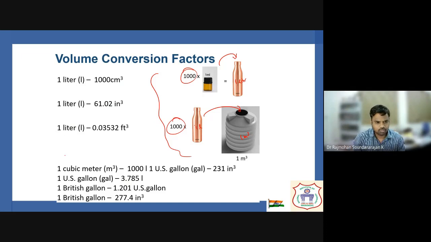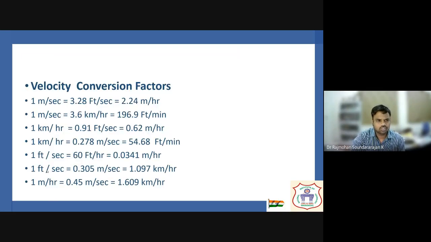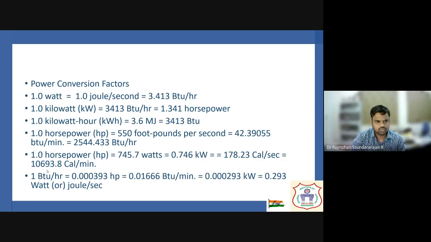The other important unit conversion factors are there, please go through them, write them, practice them 10 times, 15 times, and try to remember them. These are the conversion factors for velocity, and this is for power conversions, how it is converted to joule per second and BTU per hour. We will be making wide use of this. 1 kilowatt is equal to 1.34 horsepower. And 1 horsepower is equal to 0.746 kilowatts, this also we will be making use of. So these are some power conversion factors.